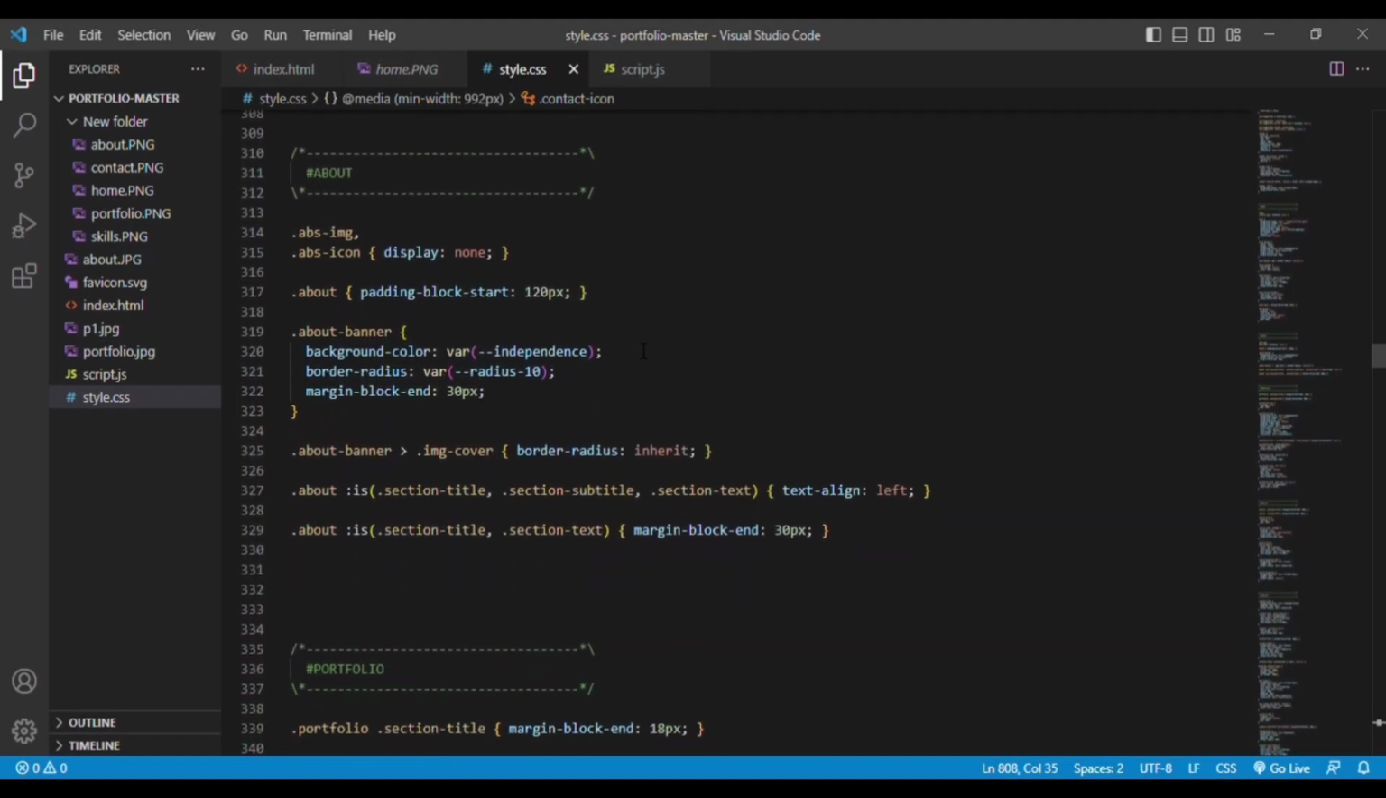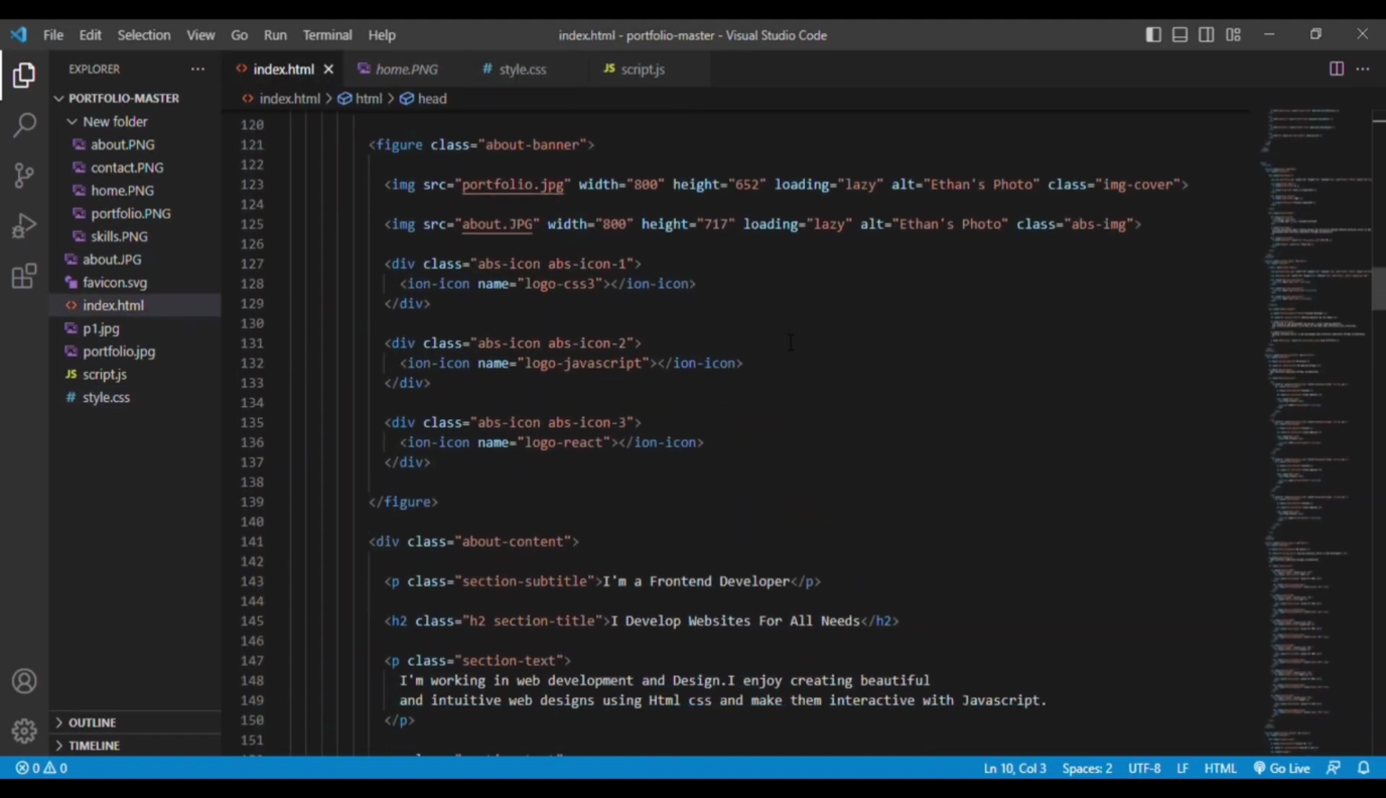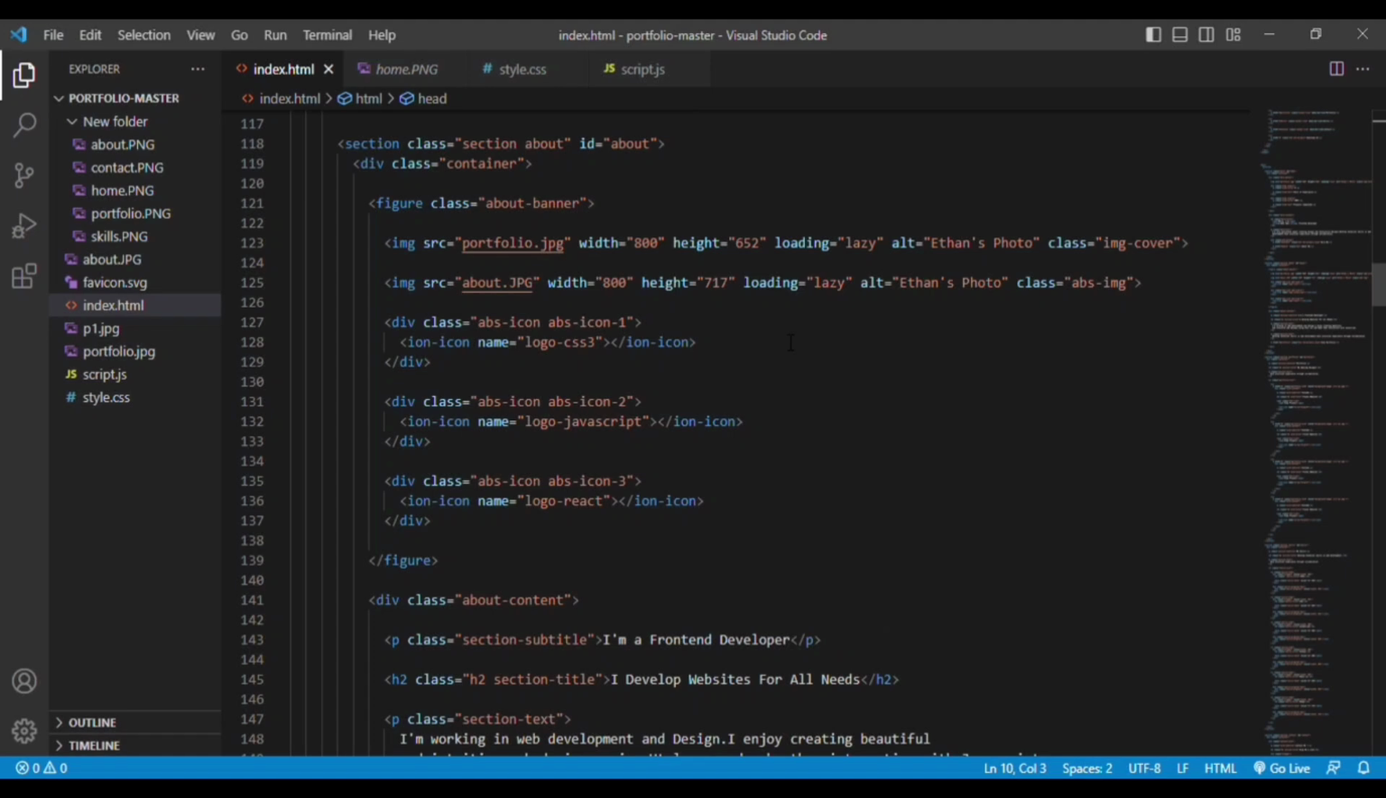And then go to the about section. So this is the about section. In the about section, we have a main div, that is the container div. Then we have a figure div. In the figure div, we have images, the portfolio images, and then we have another div for adding our